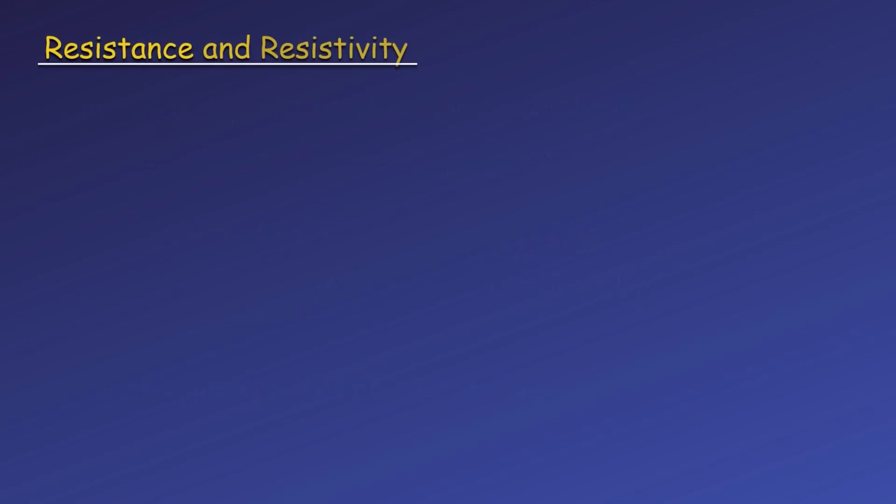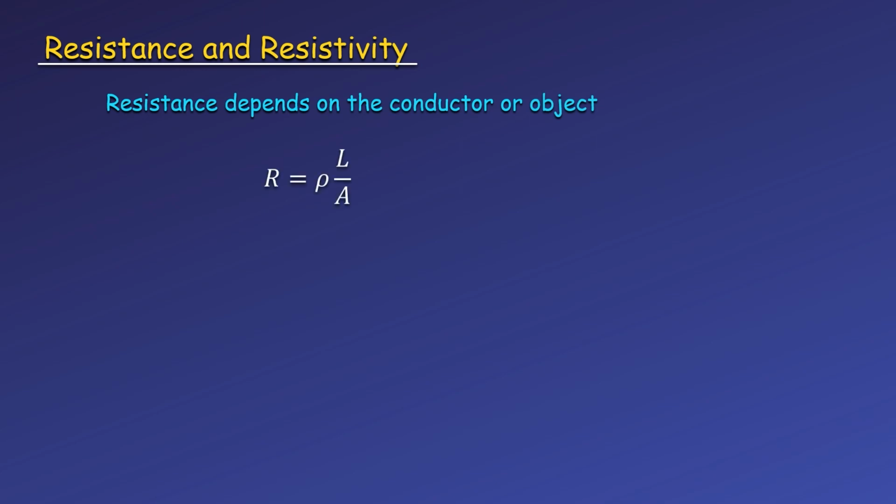Now let's look more at resistance. Resistance depends on the conductor or object itself. We said current is the amount of charge moving through some area in a given amount of time. So if we change the size and shape of the object, the area the charges move through will be different and affect the resistance. We can write the resistance equal to a constant, represented by a Greek rho, which kind of looks like a P, times the length of the conductor divided by the cross-sectional area the current will be